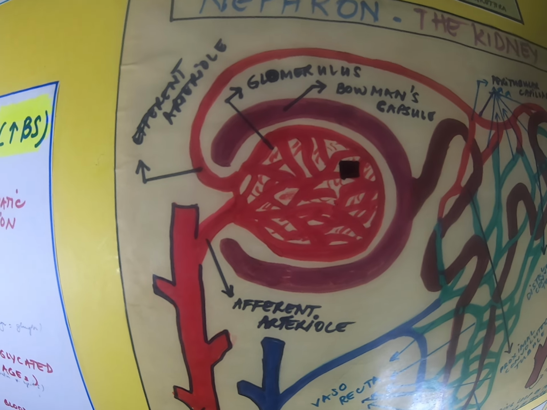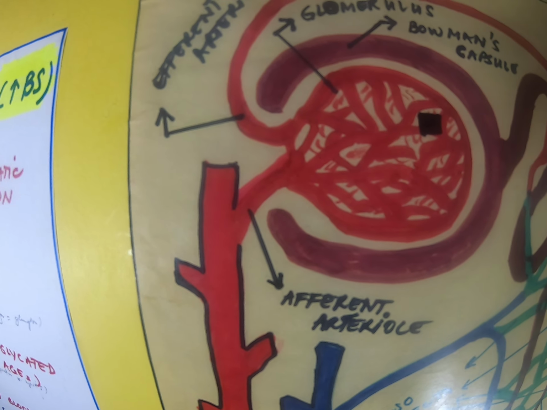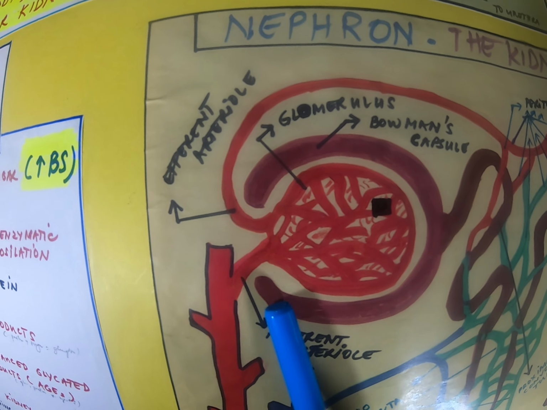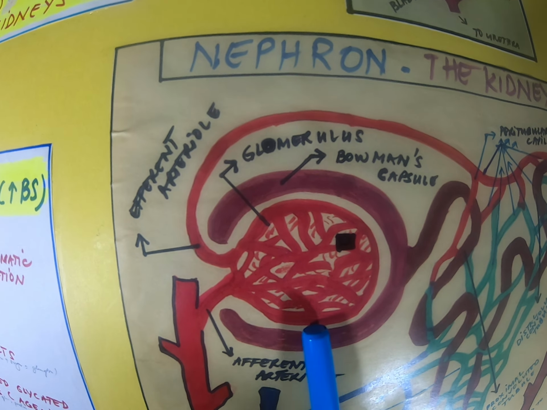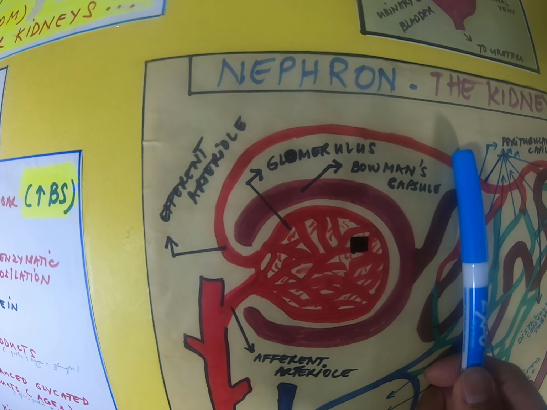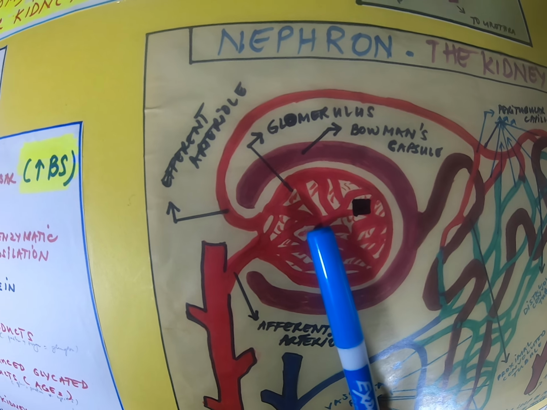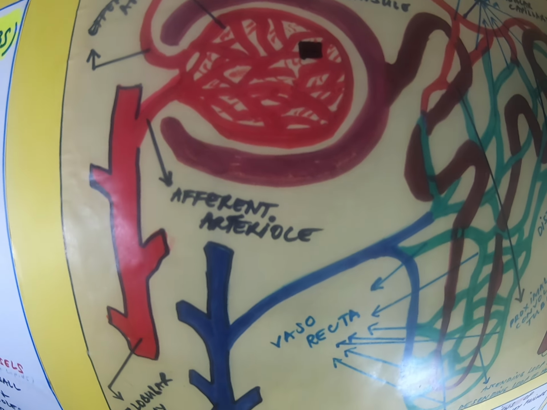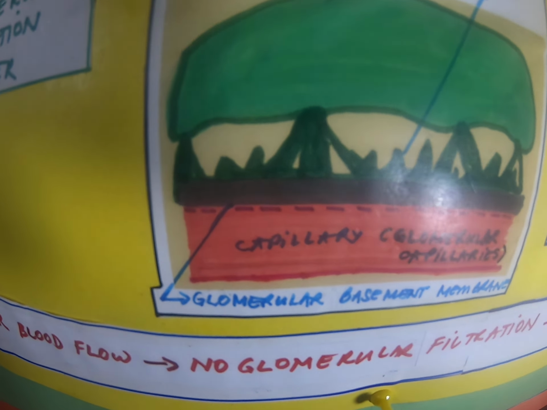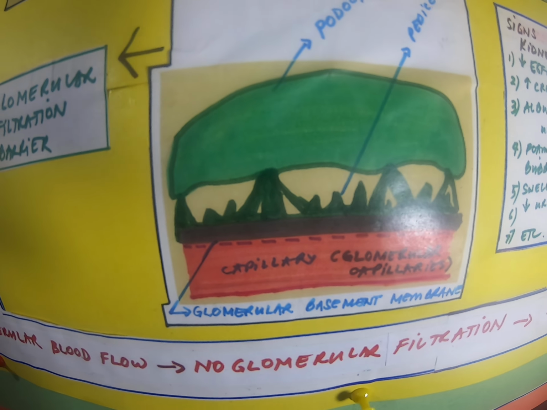Again, to have an effective glomerular filtration, we have a dilated afferent arteriole and a constricted efferent arteriole to make up a good hydrostatic pressure. And the filter is the capillaries, and we have here